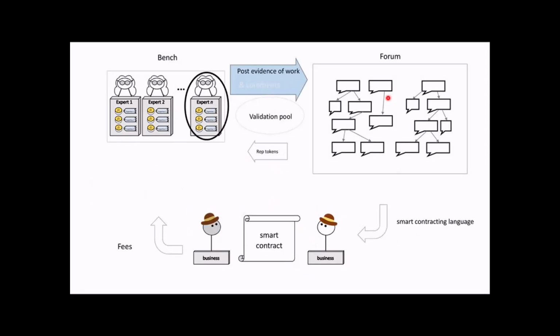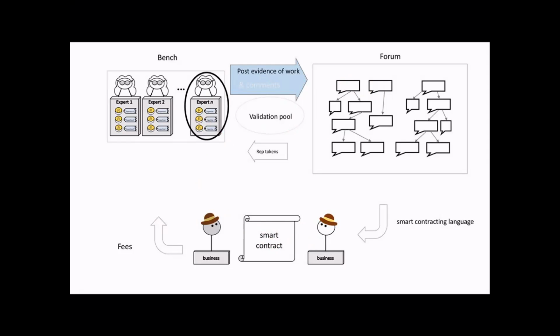At that point, you could get the feedback from the customers. It depends on how you write this business smart contract and how it then posts evidence of work to the forum. So at that point, we can choose to have customer feedback in that place. By the way, this is all open. I mean, it's an abstract architecture for this. Everything is variable. You can change it, and you will change it based on what you want to apply it to.